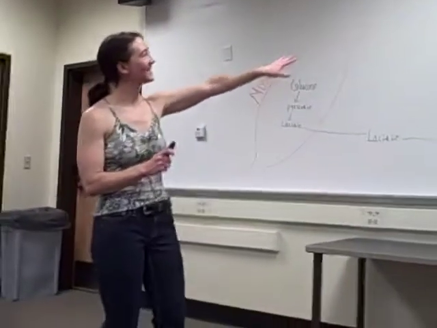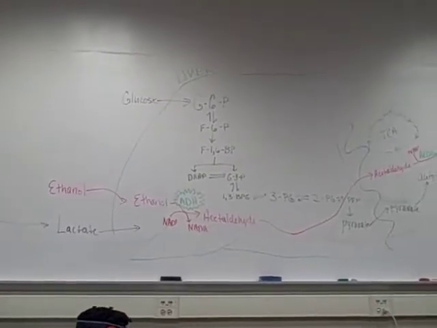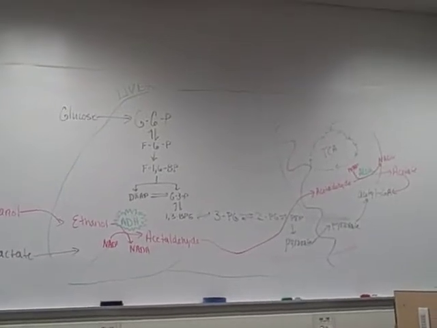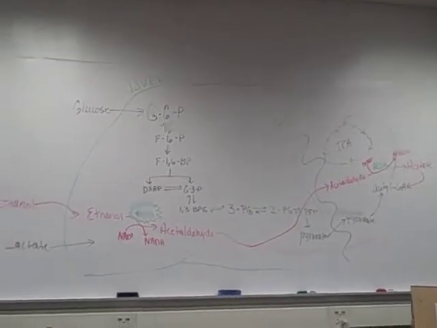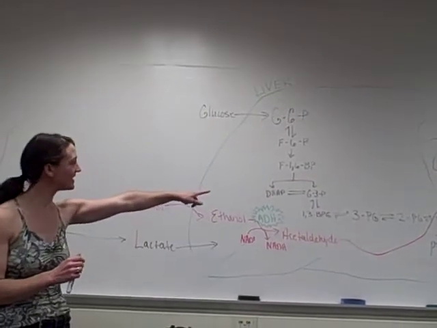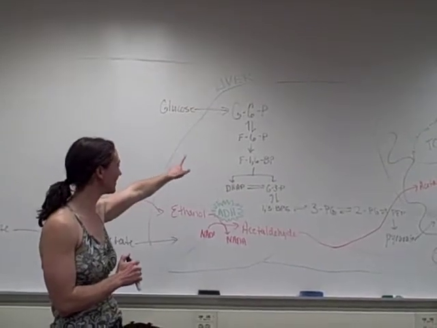So what I've got up here is a couple of things, and I think I'll start with the basics in the background. This is metabolism going on in the liver. So you can see I've drawn a big green liver there. It's green because it's detoxifying ethanol. What we can see going on in here is the pathway called glycolysis, which is the pathway by which sugar is broken down in the liver.